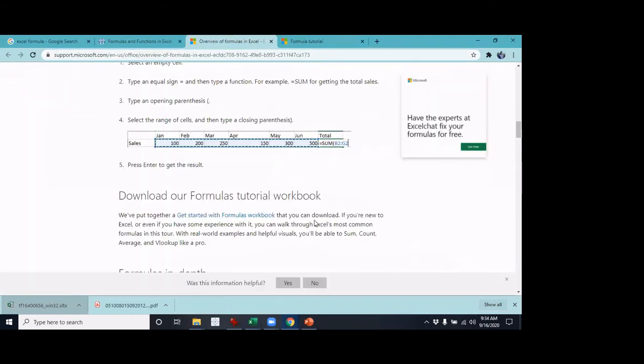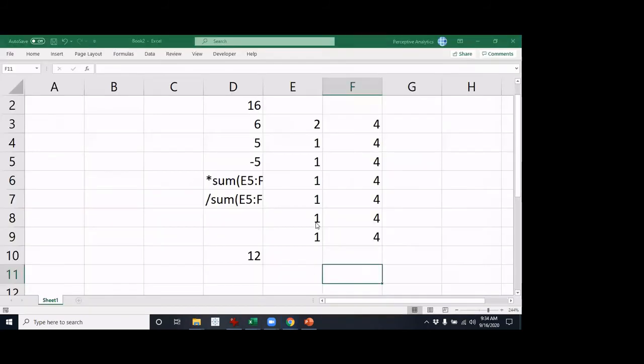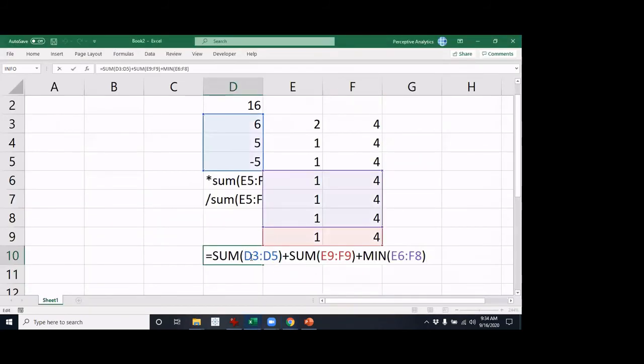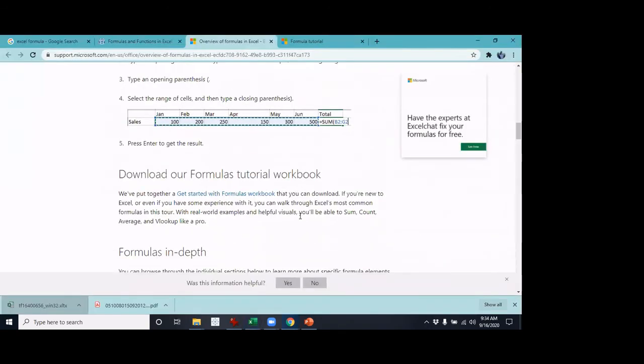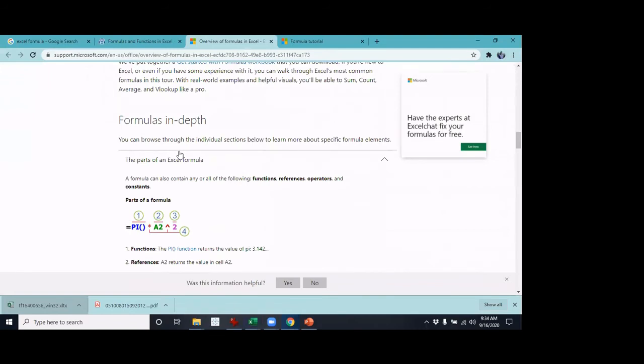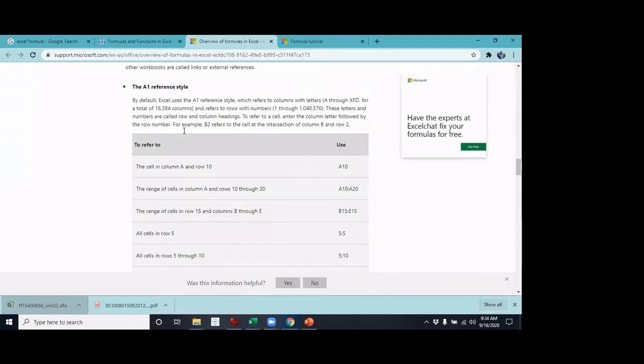We talked about references, right? Whenever you have this, this is a reference, and there are various ways of giving a reference. I'll cover that also today. References are of two types. This one is called an A1 reference type.